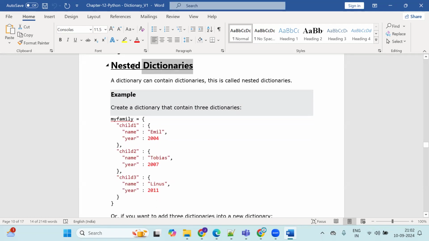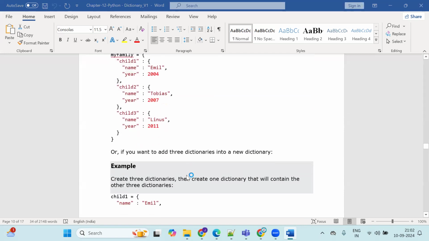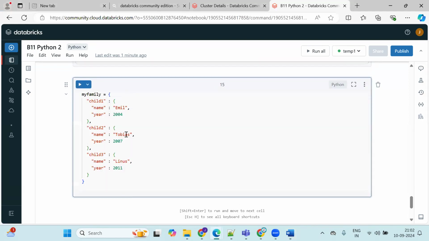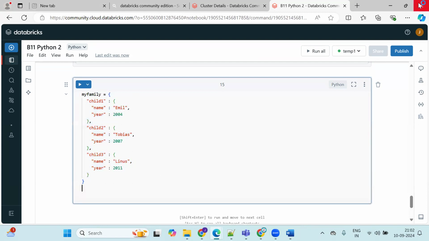There are nested dictionaries also. Like consider that child one's name is ML, and then date of birth is this one. Child two is another dictionary, and then child three is another dictionary. Like this, you will have real-time data when you will be working in any organization. At that time you may get dictionary-like files like this, which will have data in this format only. So many things will be there in this case. So my family. If I print my family,